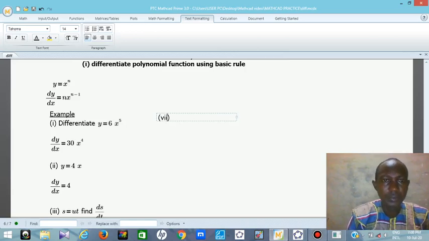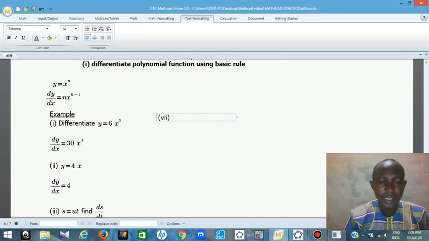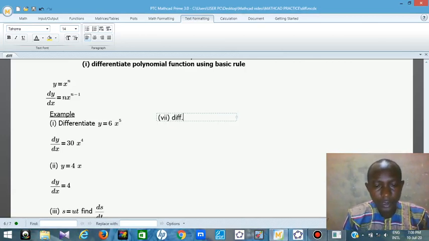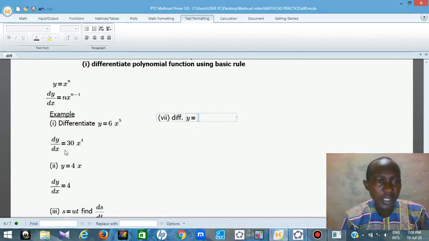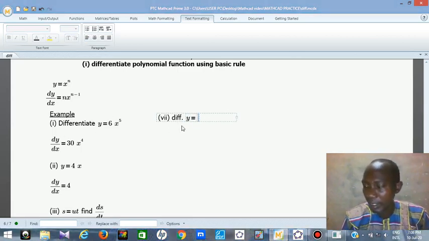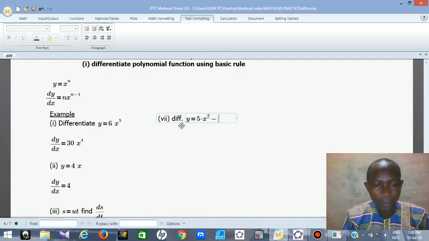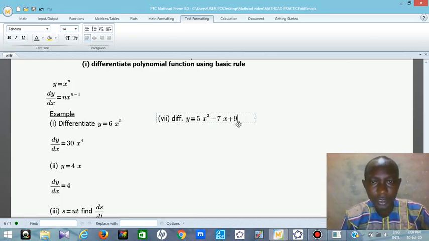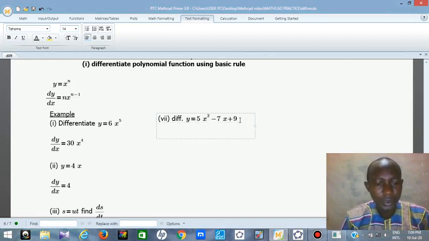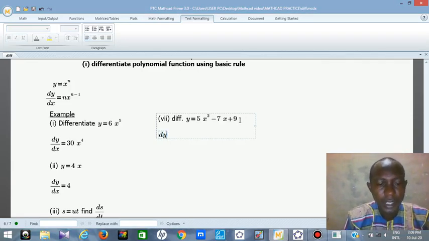Okay, that's number 7. If you are asked to differentiate y equals, this time around it will not be a single term like this, the expression can be long. Let's say you have 5x raised to the power 2 minus 7x plus 9. Let's say you are asked to differentiate this function. This is a polynomial function. How do you differentiate this kind of function? Straight to the point, let's use math mode. dy/dx